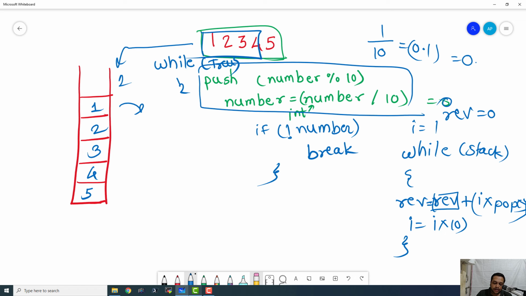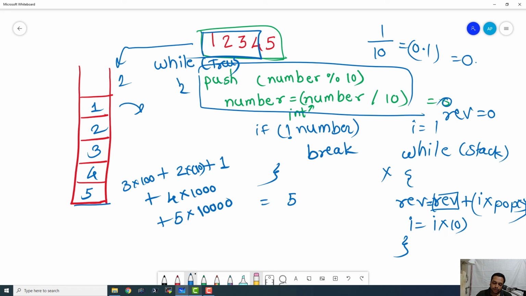So let us actually run it. So the first value is 1. Okay, and then the second value is 1 plus 2 multiplied by 10. Similarly, 3 multiplied by 100 plus 4 multiplied by 1000 plus 5 multiplied by 10,000, and here the stack becomes empty and the loop is terminated, and we have the number 5, 4, 3, 2 and 1.